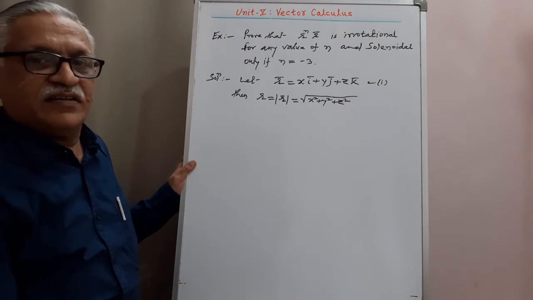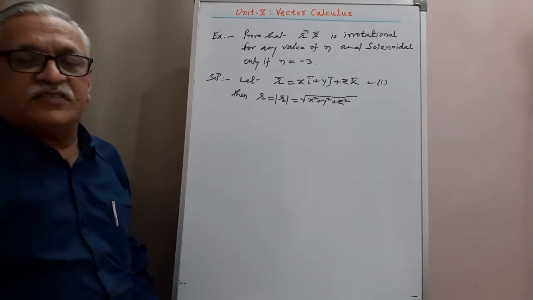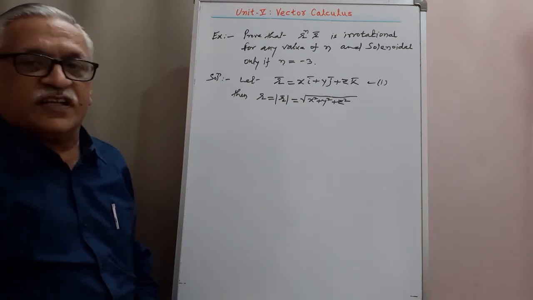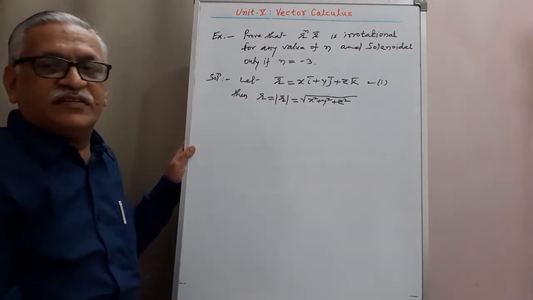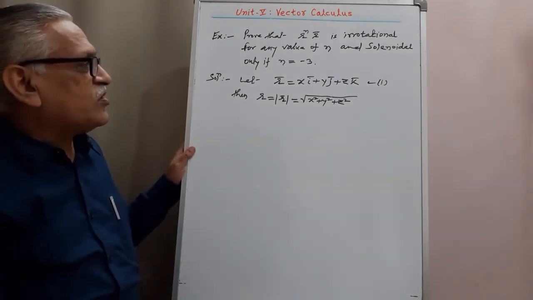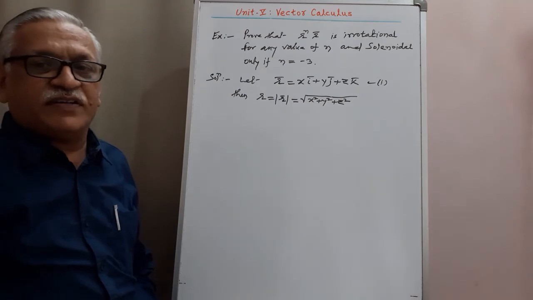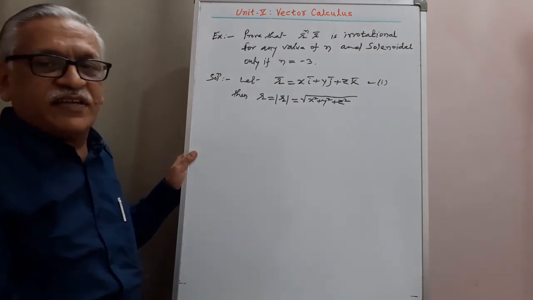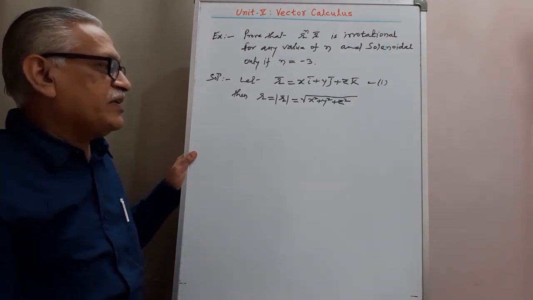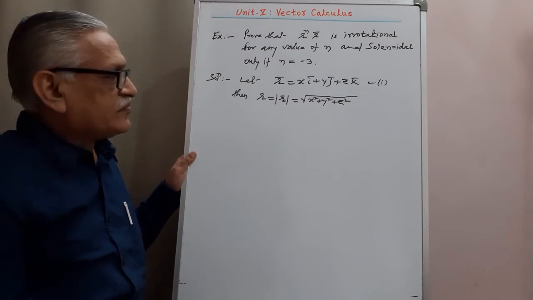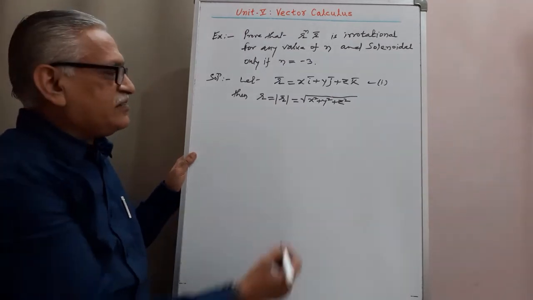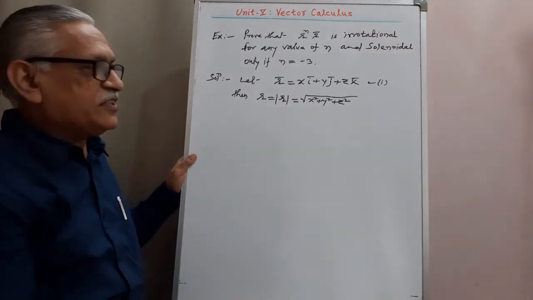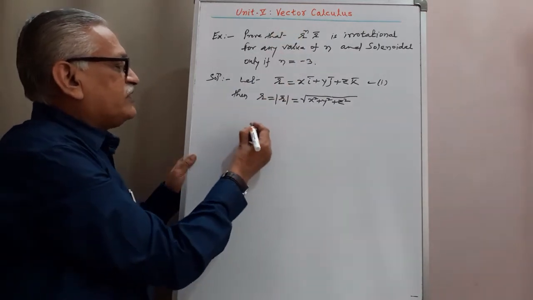Prove that, let us solve the problem. Prove that r raised to n into r bar is irrotational for any value of n, and second, solenoidal only if n is equal to -3. To prove this, let us consider r bar as xi plus yj plus zk be a given vector function whose magnitude is r, as mod of r bar is root of x square plus y square plus z square. And therefore, to prove the first one,